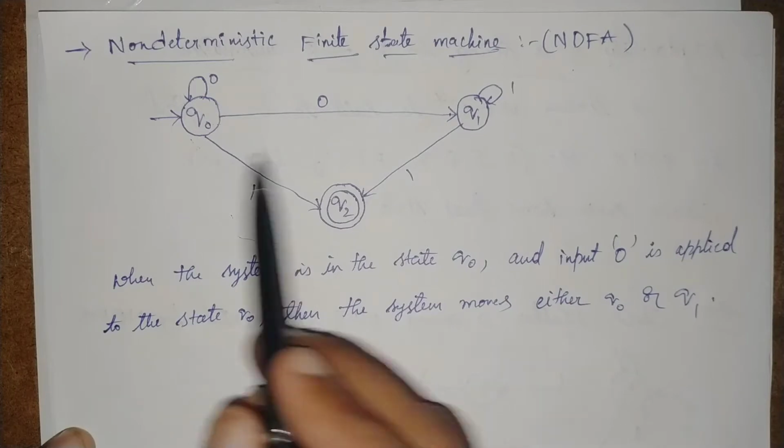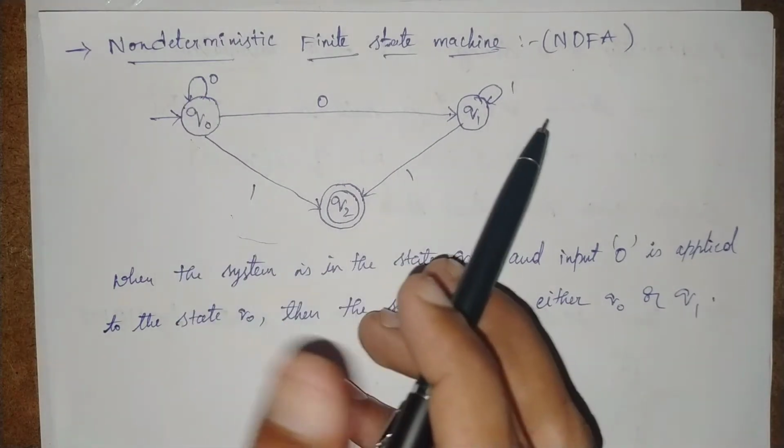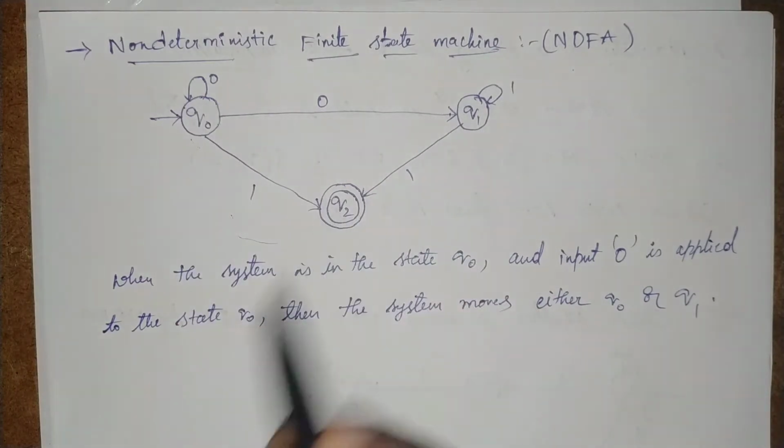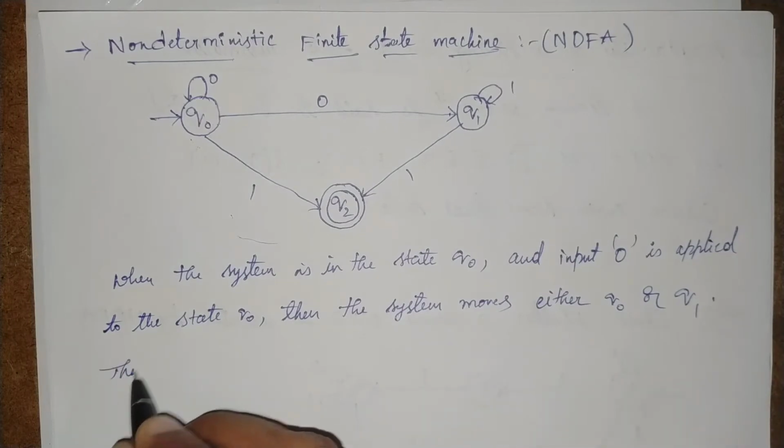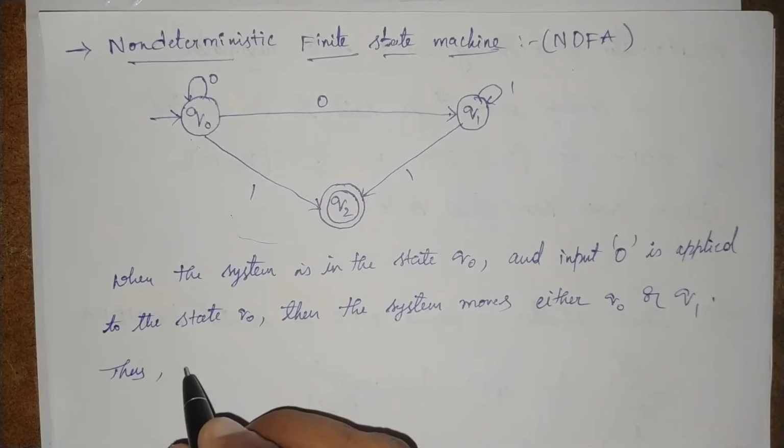So either Q0 or Q1. Thus some moves of the machine